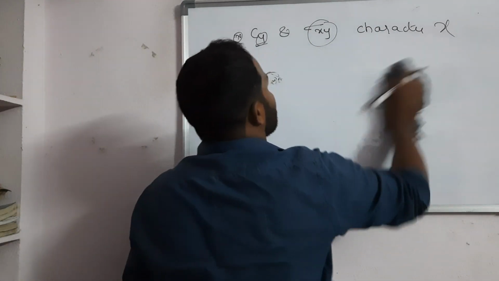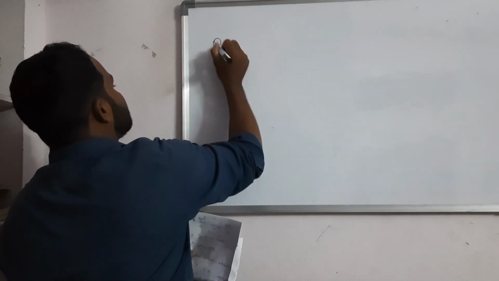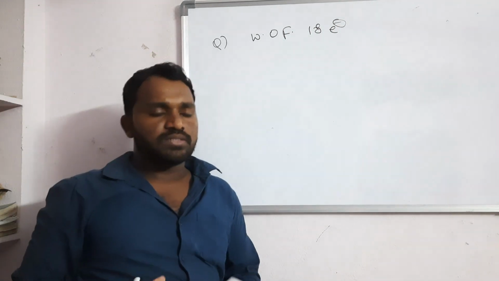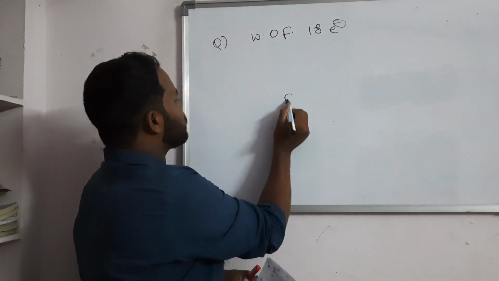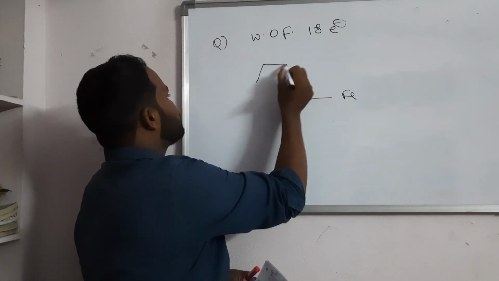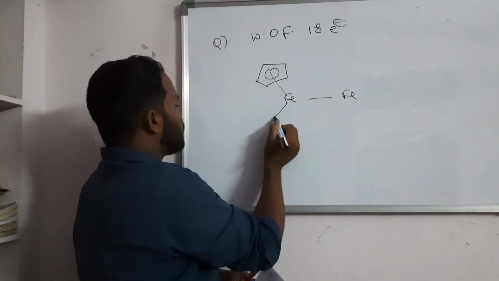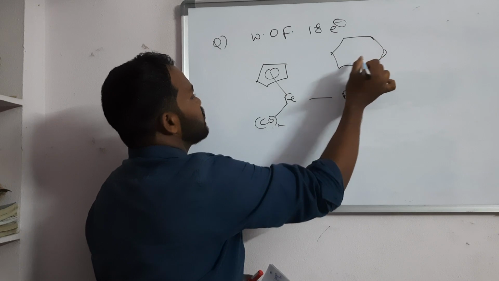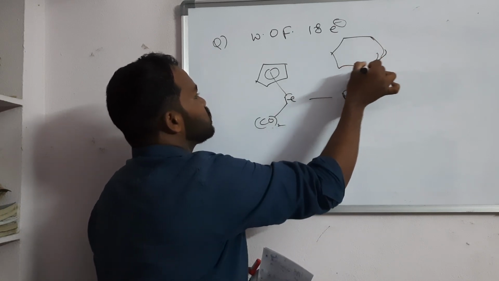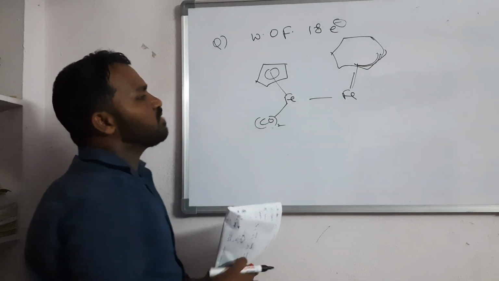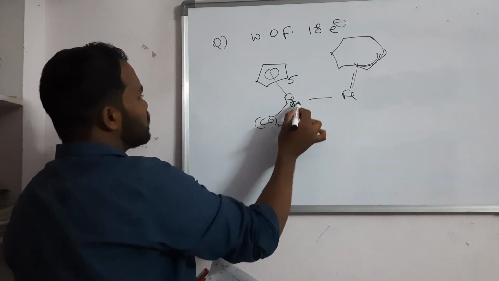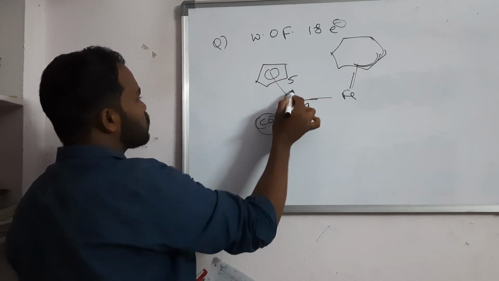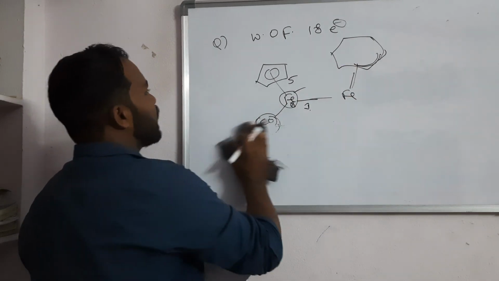Next, the 18 electron rule they asked. The question is which of the following obeys the 18 electron rule. I don't know the exact options, I didn't remember, but you can calculate directly because they gave hapticity here, a 5-membered ring, with CO2 taken, something like that. If they give an azulene molecule, whatever it is, if it is 2 carbons or 3 carbons, you can take the individual 18 electron count. For example 5, this is 8, each metal bond is 1, 8, 1 is 9, 9 plus 5 is 14 plus 2 to the 4, like this total obeys the 18 electron rule. Like this you have to calculate this question.